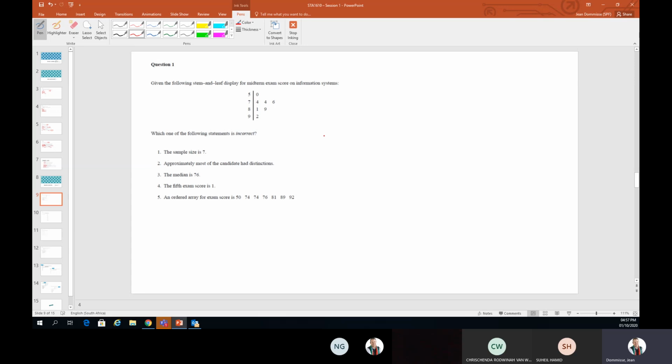So the one thing that I always look at is that they can sometimes try to trick you with what is in the stem and leaf. So here it says, given the following stem and leaf display for midterm exam scores on information systems. What I have seen,